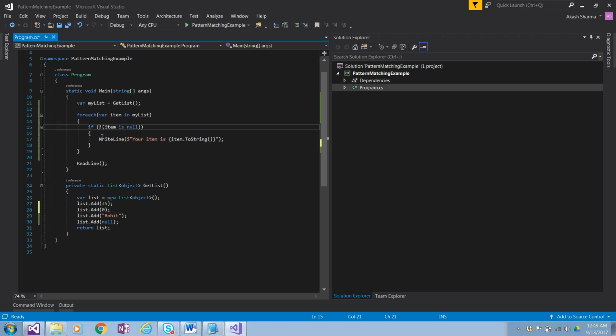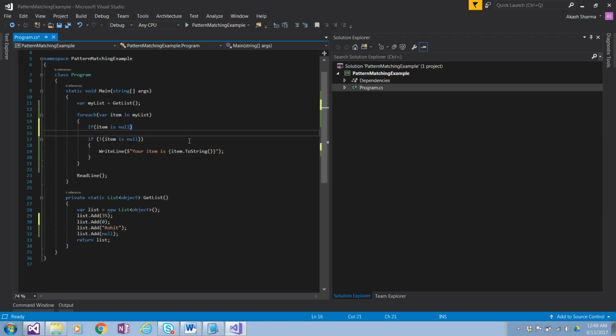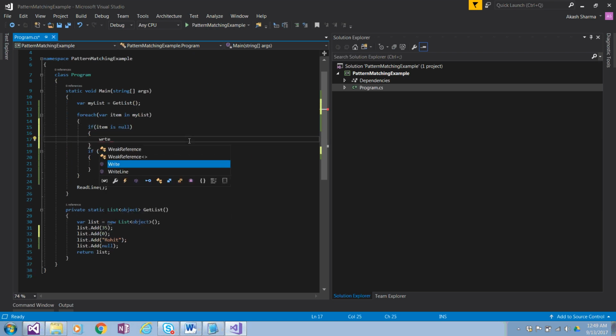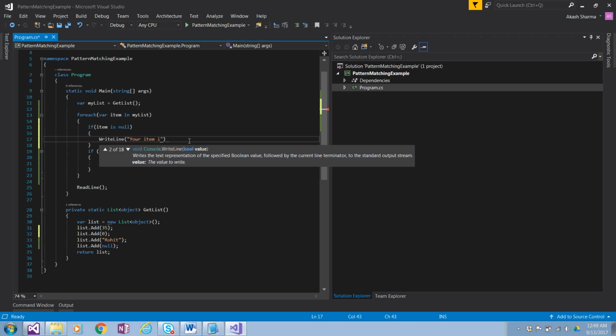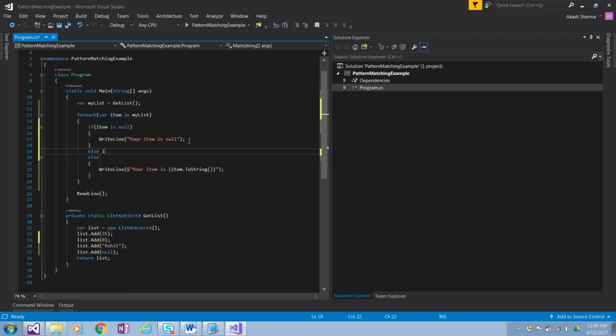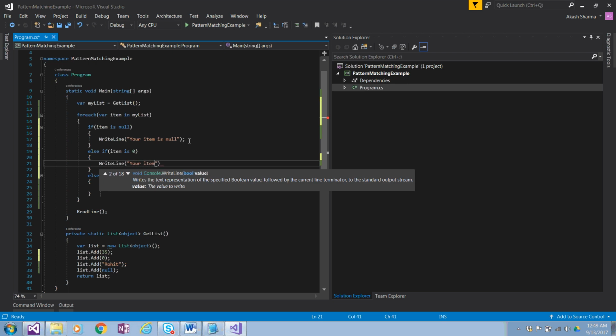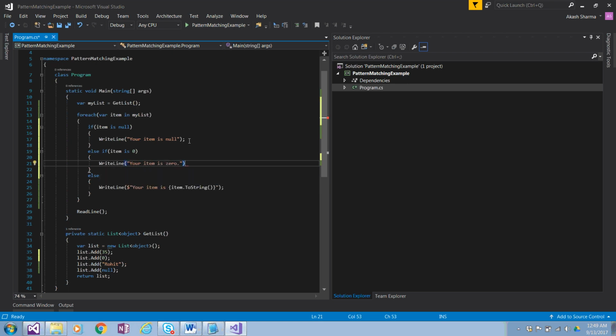Now, because the if statement is supporting a constant with is, let's put some more information over it there. If item is null, print